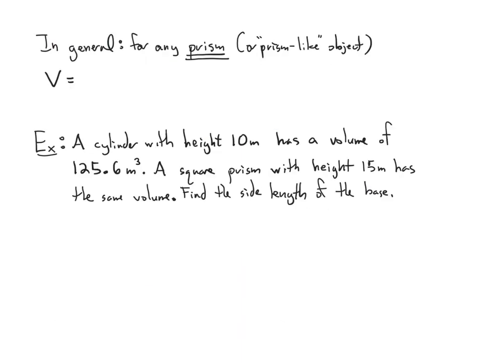So in general, and this is very nice, the formula for any prism-like object's volume is area of the base times the height. That's all there is to it. If you look up formulas for volume of various prism-like objects, you might see them differently, but it's all the same